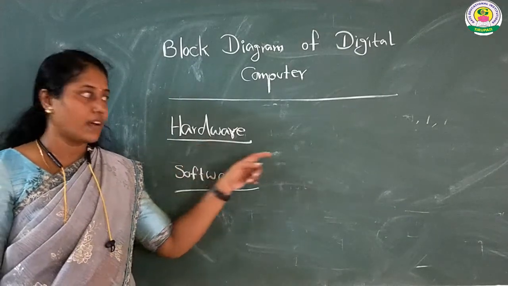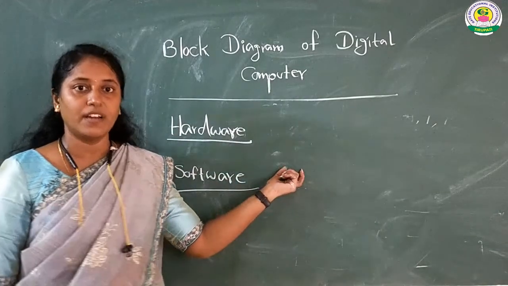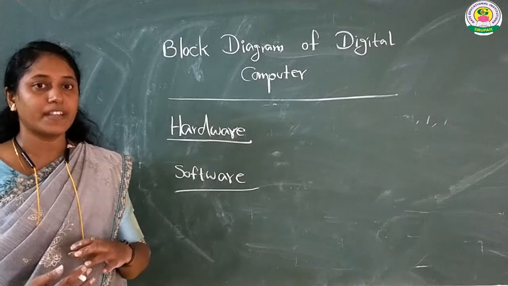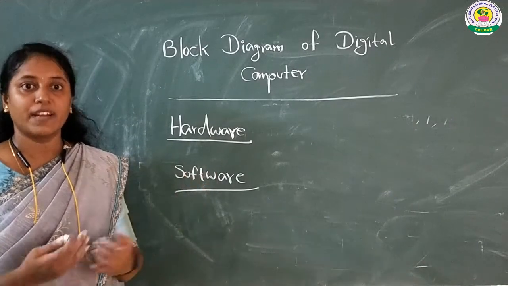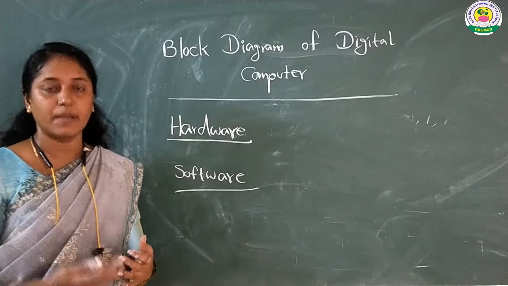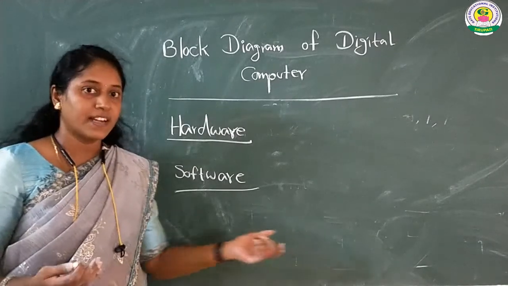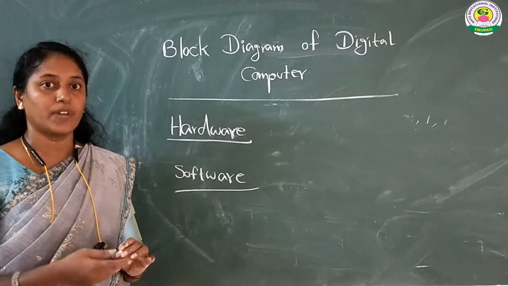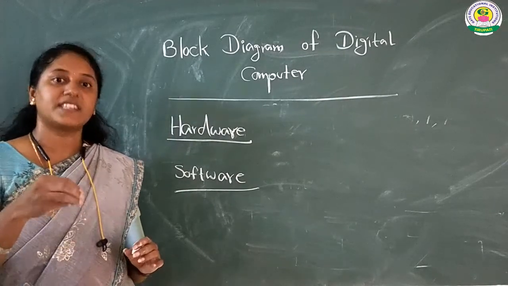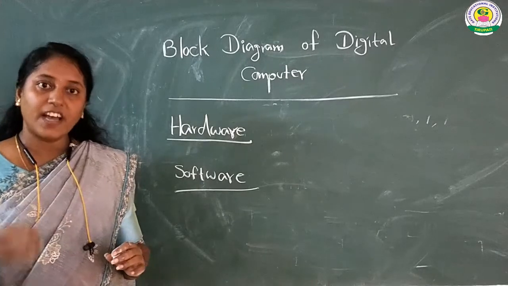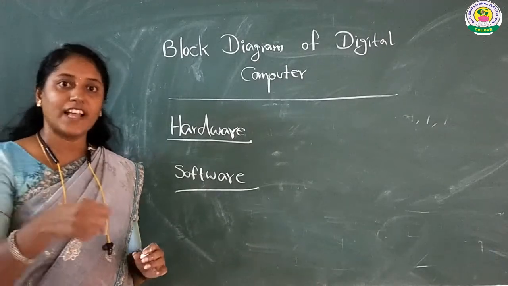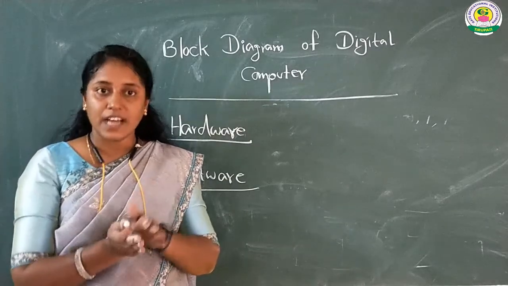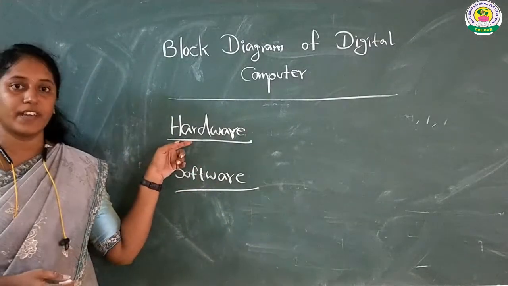right? In the block diagram of a computer, we learned that different components are connected to a computer, right? What are they? An input device, that is a keyboard; an output device, that is a monitor; and the system bus, that is one type of cable. So these all are connected to a computer, right? All these devices physically exist, and we can touch them and utilize their benefits. So all those types of devices come under the category of hardware.